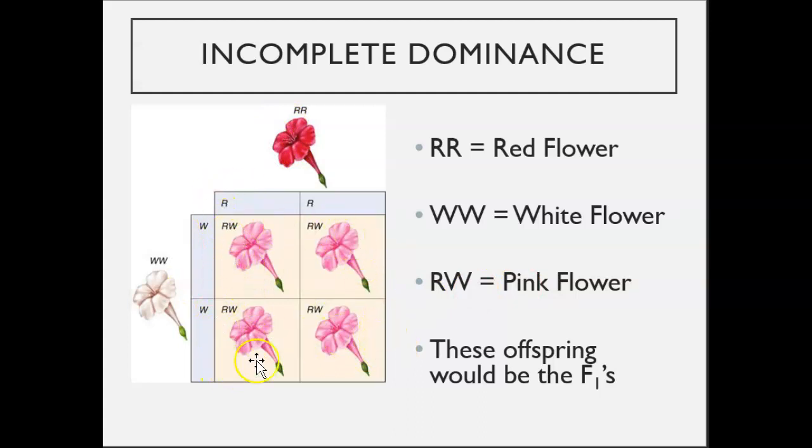Okay, now these ones still have Punnett squares, and you set them up exactly the same way. If it's a red flower, it's going to be capital R, capital R. If it's a white flower, capital W, capital W. And if it's pink, it's RW. And it's almost a little bit simpler because there's no guessing. There's no two options of genotypes for any particular phenotype. One allele is red, one allele is white, and then the heterozygous one is always going to be the mixture of the